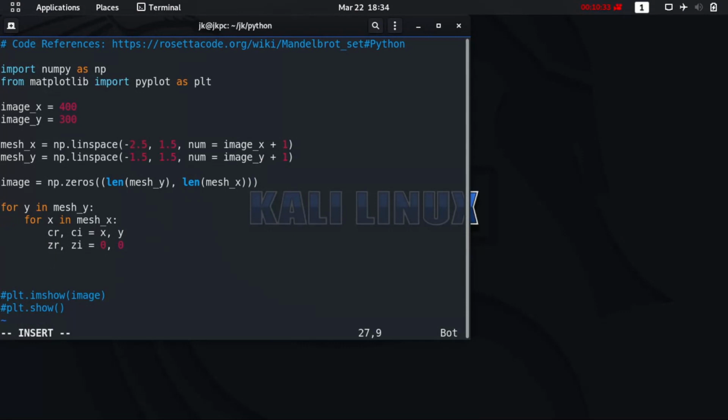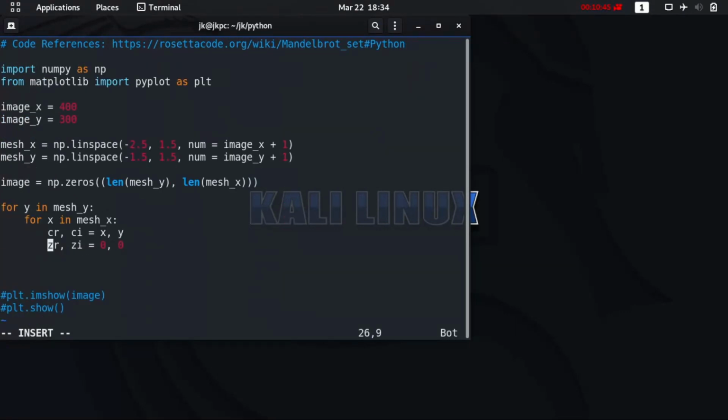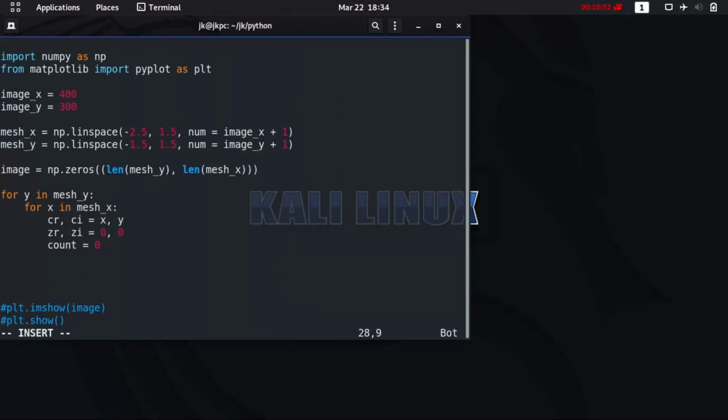And now we need to iteratively apply the equation that we saw here. We need to keep doing this, so we use a counter. We have another loop, so we generate a counter, count equal to 0,